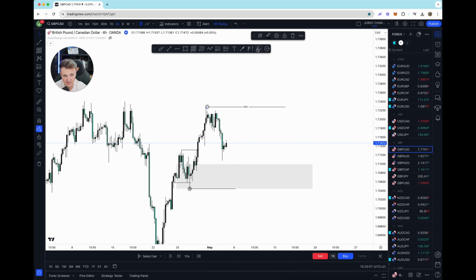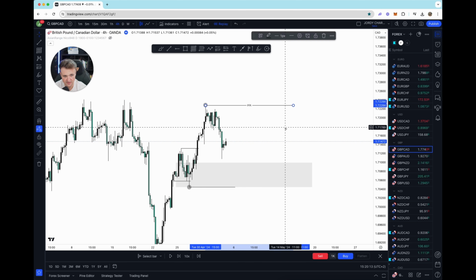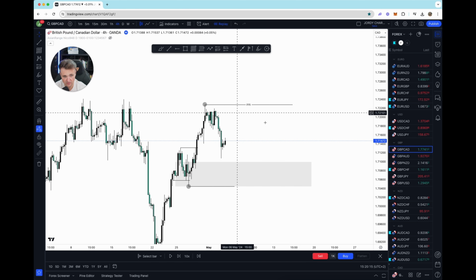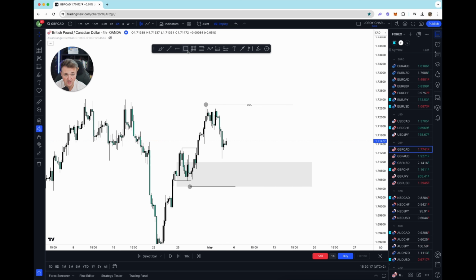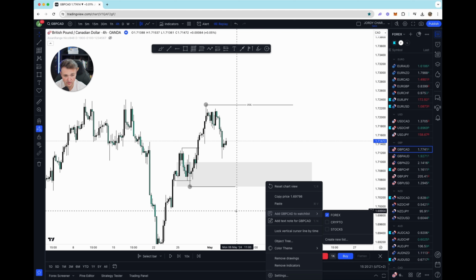We have our lower high right here. Higher low, sorry, and higher high right here. And we have a draw on liquidity. This high has not been rejected on, so quite nice target in the market. We have our premium discount array right here that we can look for a position.